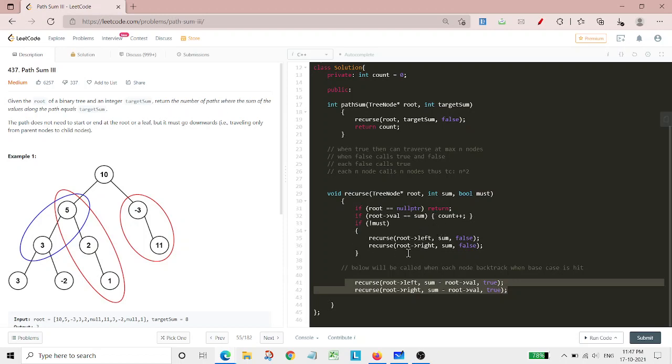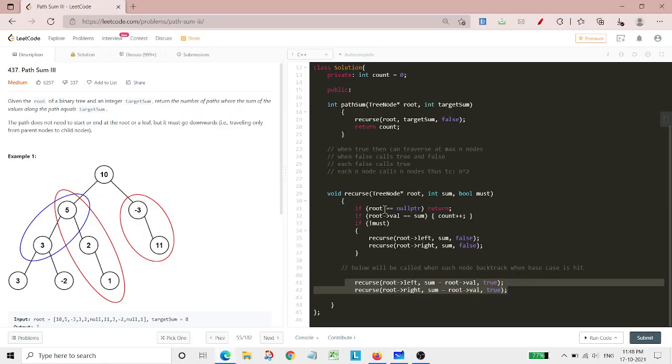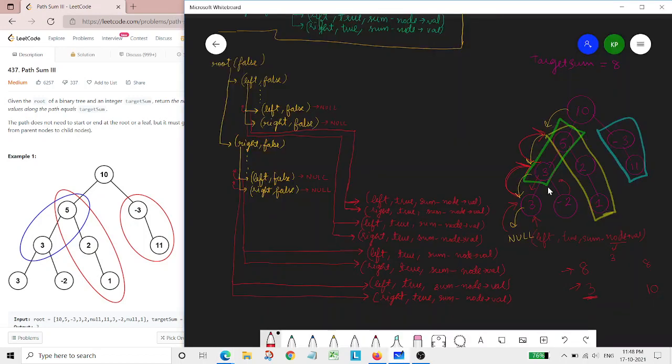and then again not this, and then it will reach this. So after reaching this, it has simply reached this particular portion, right? And then here it is a null pointer. So at this moment it reaches root equals to null pointer, and then it will return. So at this moment our true recursive call will simply return towards this main root function, towards its parent, and then this parent will check for its right subtree.